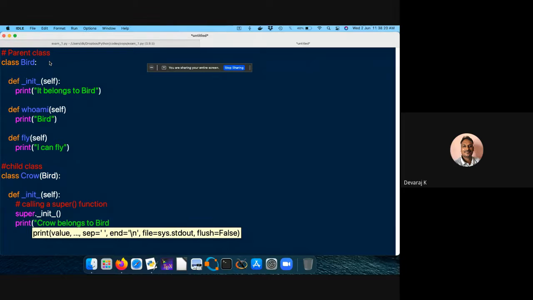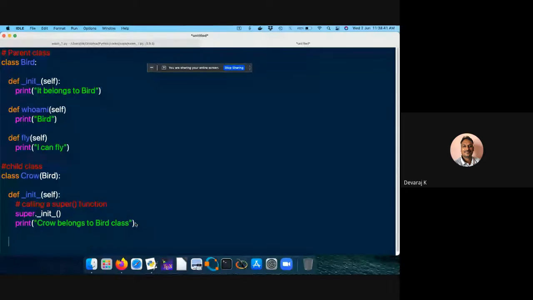Then if I try to use some print, so crow belongs to bird class, some sentence. I'm trying to add it. So then I can go with some more differences, just like who I am, so it is a bird actually. So here also I can tell that, maybe I can fly, or I can sing, whatever it may be. Crow can sing, whatever. Just some definitions.